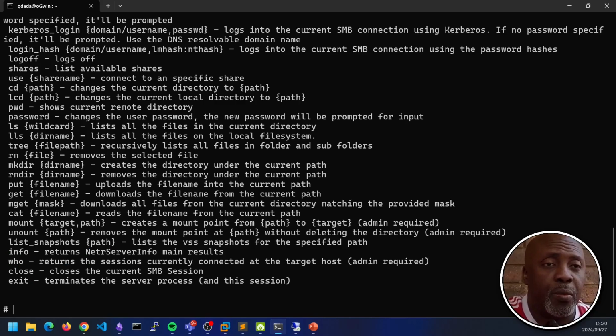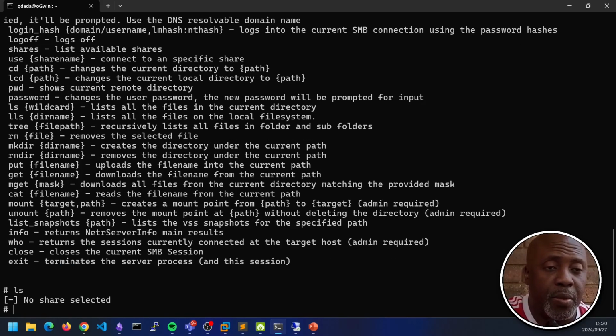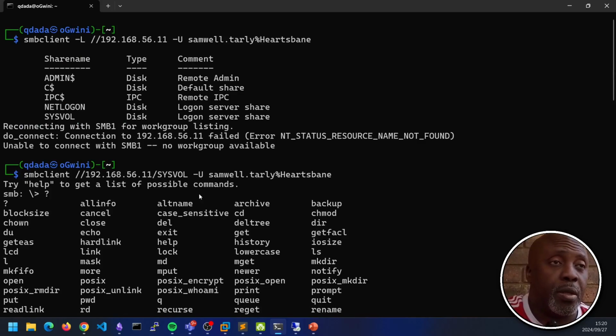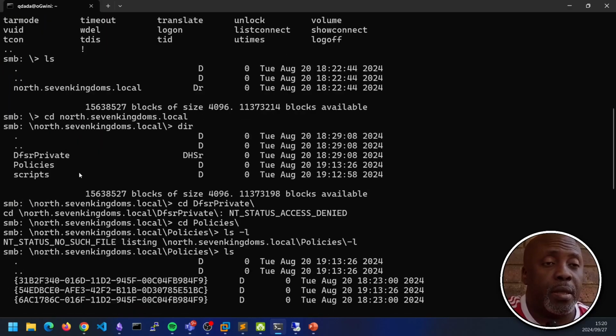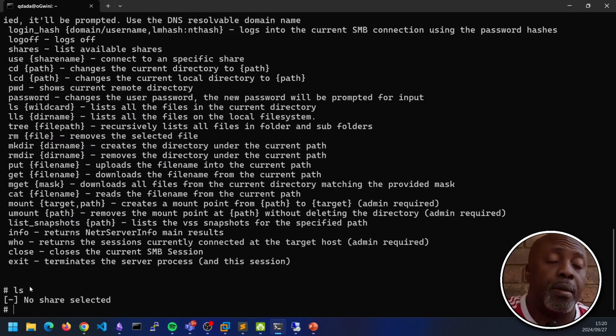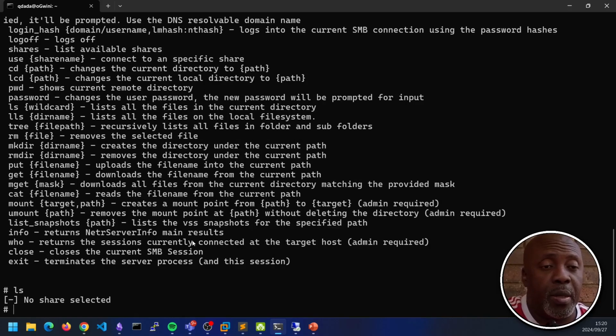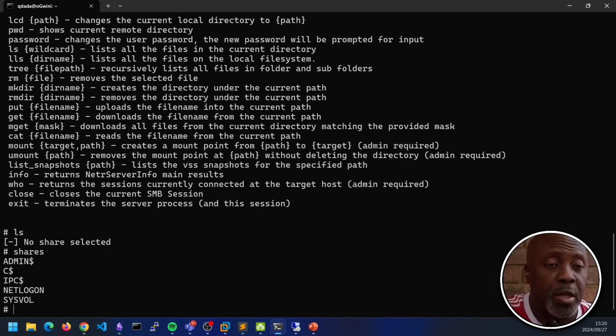Yes, it does. But what we need here, we can't do just an ls because it's going to tell us, well, you have to select a share. But how do you know what shares are? There's two ways we could do that. We could scroll back with our screen and remember that there's two shares called sysvol and netlogon and all these others. Or if you remember, we did do a question mark to see a bunch of commands that are available. There's a useful command there called shares. So we type shares, and then it gives us exactly that list that we saw when we use SMBclient.